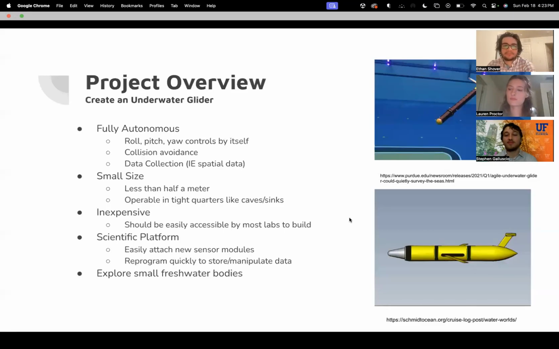So a brief overview of our project is we are creating an underwater autonomous glider. It'll have roll, pitch, and yaw controls. Currently, we only have pitch and yaw controls implemented. Alongside those controls, we will also have collision avoidance using acoustical sensors that can detect the space around it and inform our control systems on what the glider should do. And we'll also have data collection, mostly for spatial data, but maybe some imaging or temperature sensors dependent on